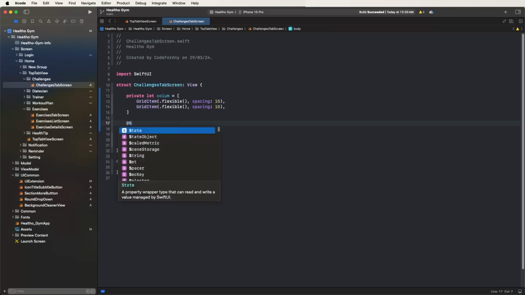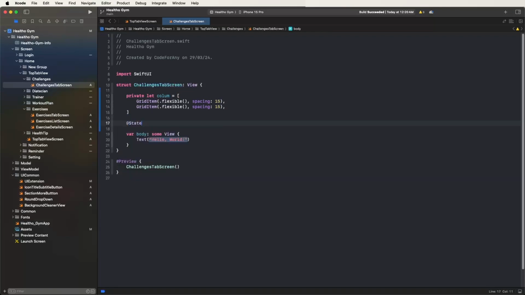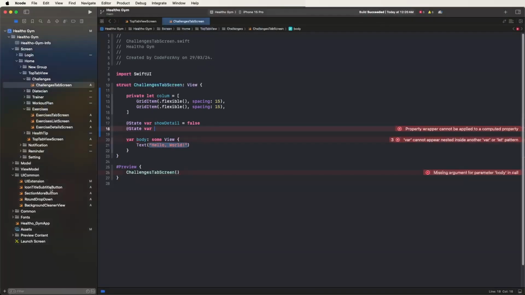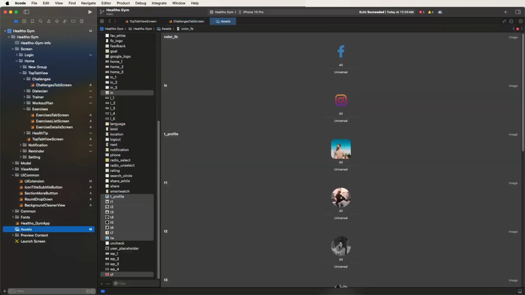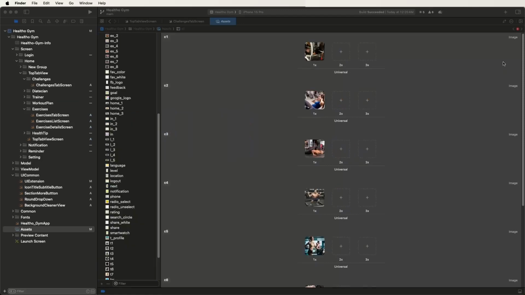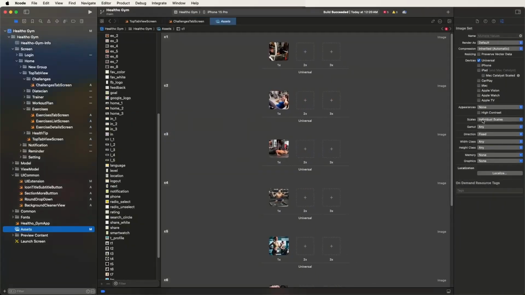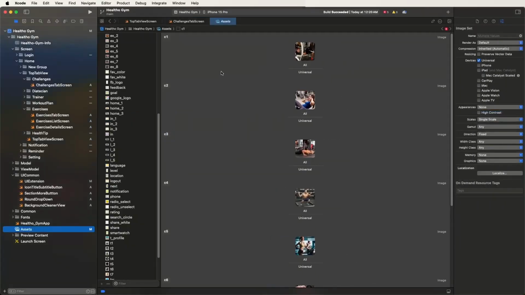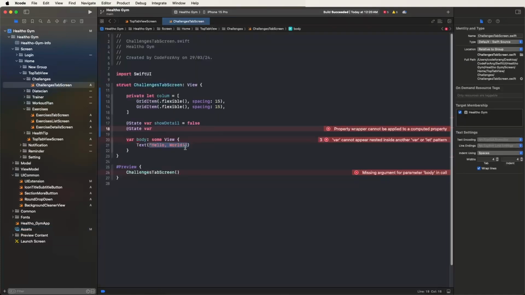Now we need to set the show list, set show detail flag as false like this, and set the needed data, and also import the needed images. First of all, select the assets and put the needed image here, and also select the scales as a single scale like this. Now close this, and set the list array